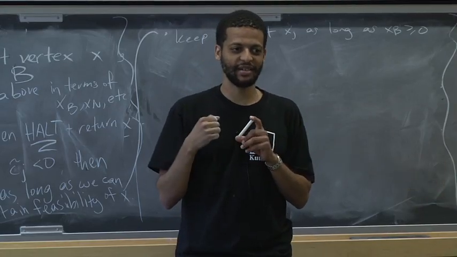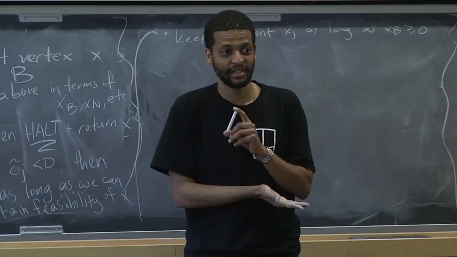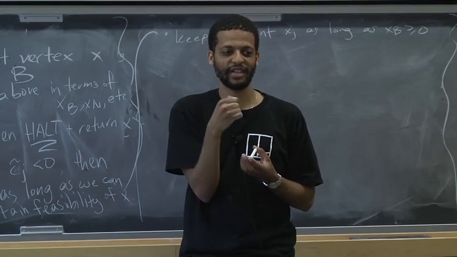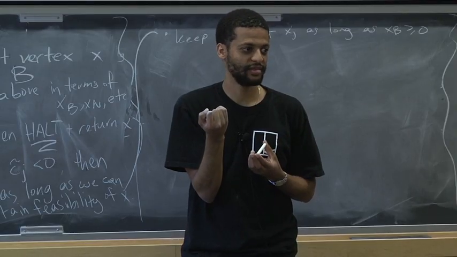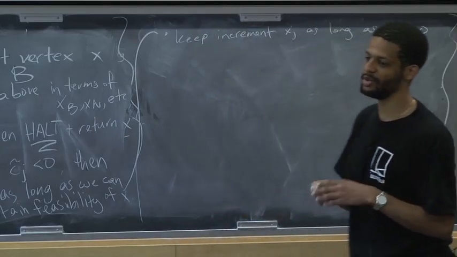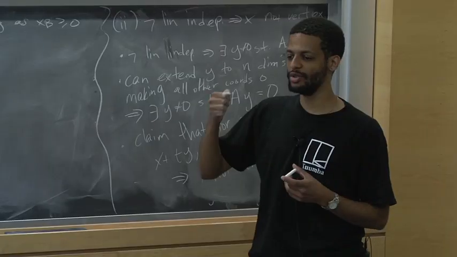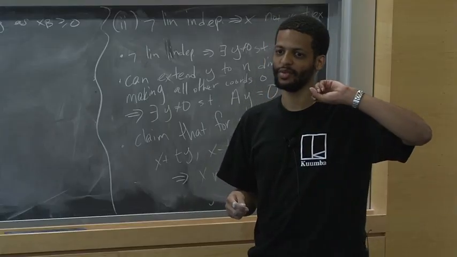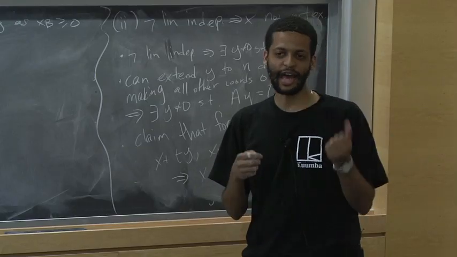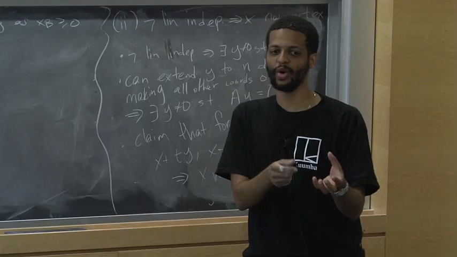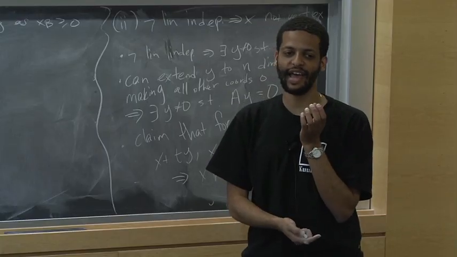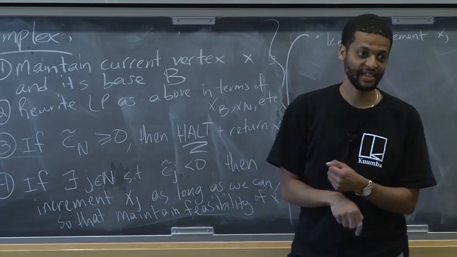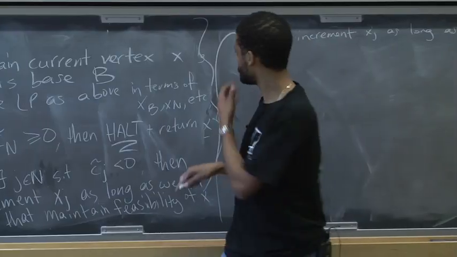However, if we augmented it to become size m, but it actually had size less than m before, that means that some people in xb were already 0, which means that you might not be able to actually increment xj at all, right? So what you do in that case is you put j into the basis, and you kick someone out, one of the people who's already 0. But then now there's the question of which 0 coordinate do I kick out to make room for j? And if there are multiple j's with negative cost here, which one do I put in? Okay?